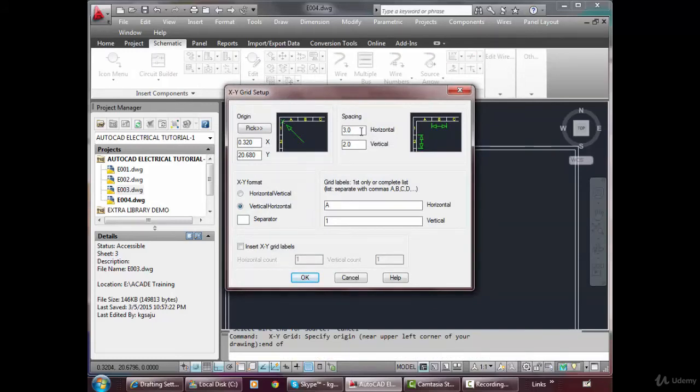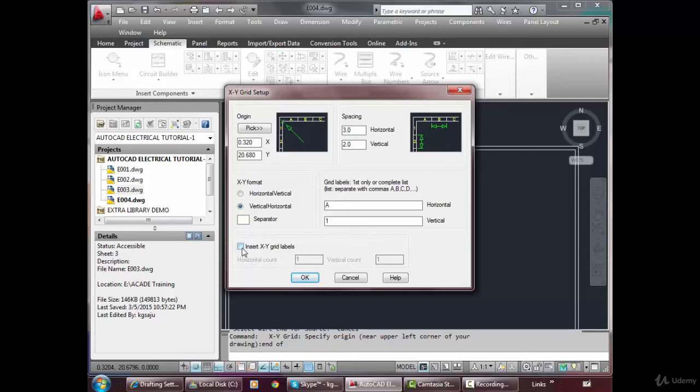Spacing horizontal में एक एक के बीच में कितना का नंबर टू नंबर कितना का डिफरेंस चाहिए. 3 is all right, okay. वर्टिकली कितना चाहिए, I find 2 is okay. Now XY format, horizontal vertical. Horizontally I want ABCD, vertically I want 1 2 3.